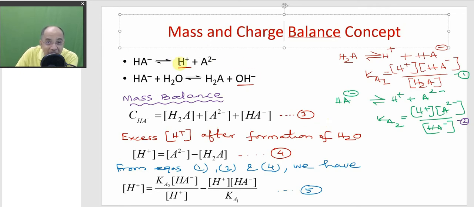Now, supposing H plus and OH minus ion will definitely react with each other. They will not remain as such. They will react to form water, because the formation constant of water is of the order of 10 to the power plus 14. So, supposing the excess H plus ion, because we will find pH, that is why I have taken H plus ion excess, but actually OH minus will remain in excess.